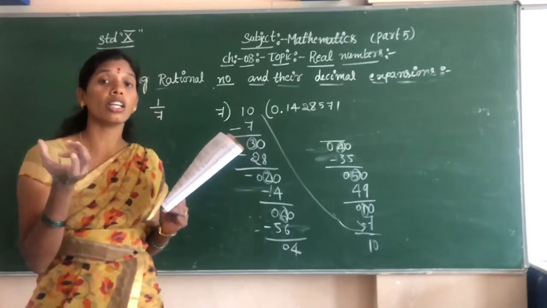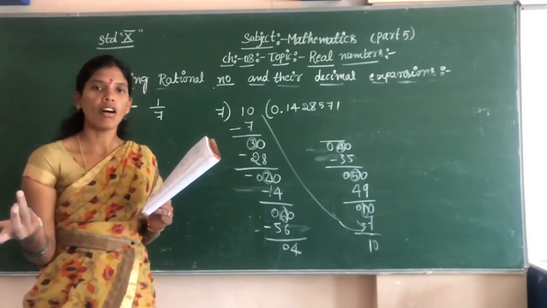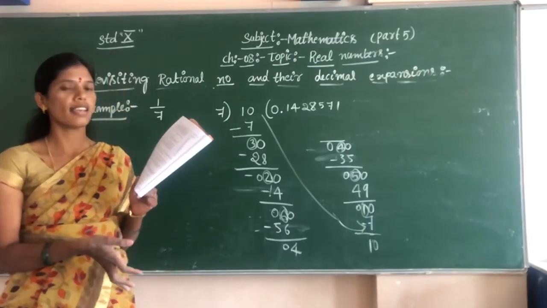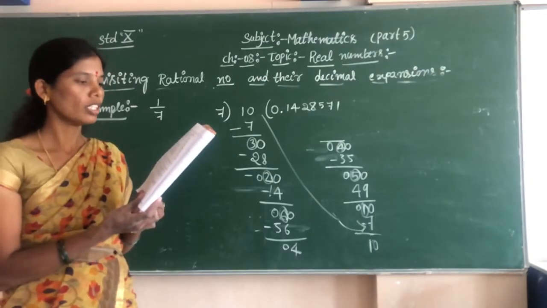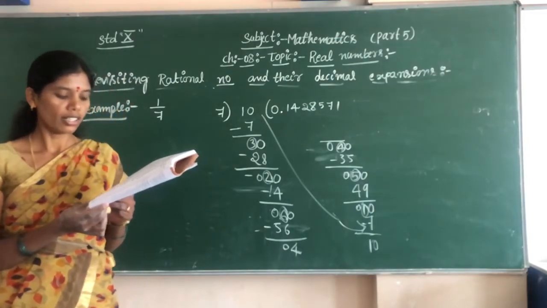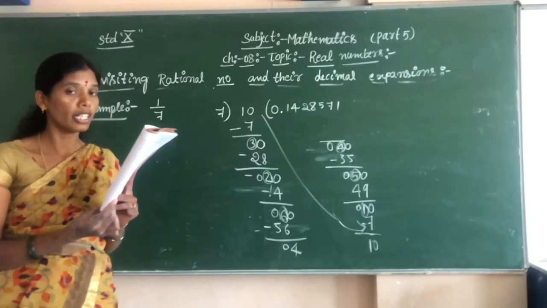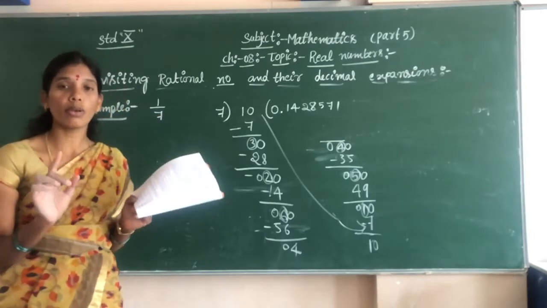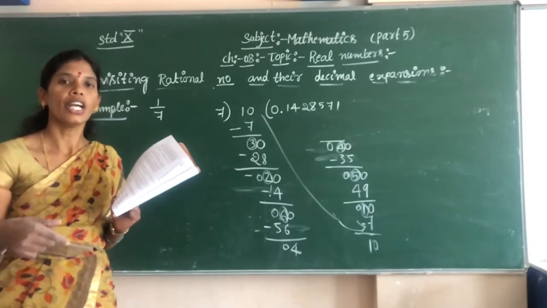We shall give any rational number: one is terminating, the other is non-terminating repeating, and any one form is there, as in Exercise 8.4. Okay, did you understand this one? Terminating is nothing but it is the prime factorization that has only one and itself. Non-terminating is the number that has factors other than one and itself, and is called non-terminating, repeating, recurring.